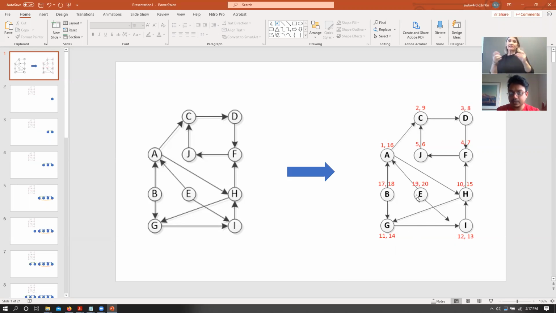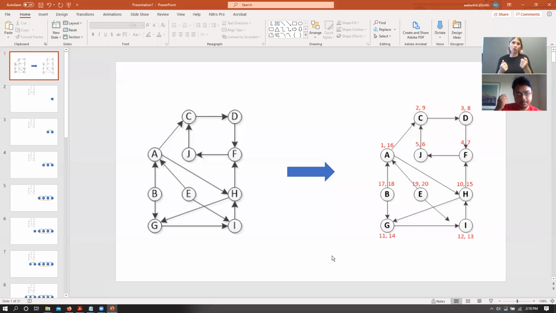So first comes E, then we have B, then we have, let's see, A, then we have H, G, I, and so on, right? So you can imagine that once we are done visiting a particular node, we insert it into a stack, where the last thing to be inserted would be the node with the highest post-visit number, which in this case is E. So once we have inserted all of those nodes in the stack, we just pop them out, and we have a set of ordered nodes that give you the topological order of this graph.